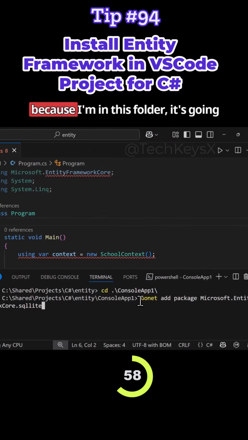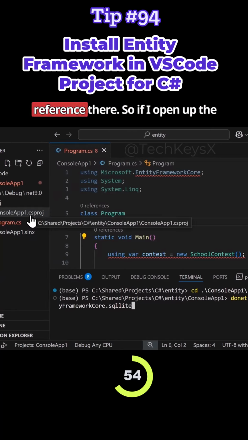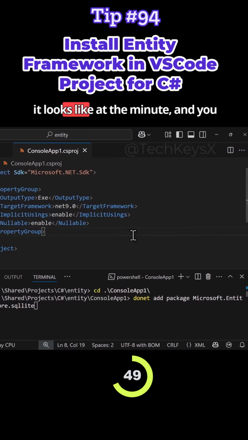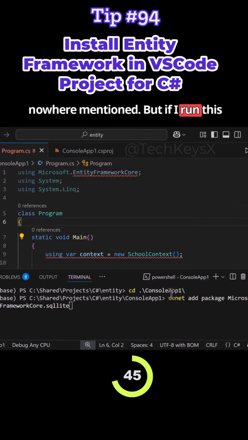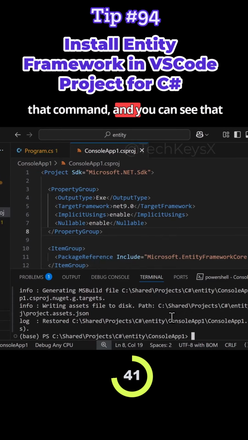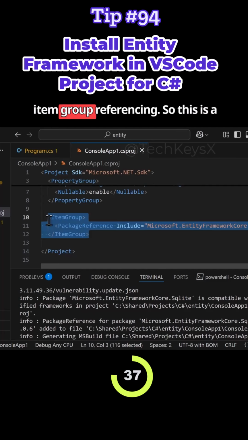Now notice again, because I'm in this folder, it's going to look for this proj file and add a reference there. So if I open up the proj file here, you can see this is what it looks like at the minute, and you can see Entity Framework is nowhere mentioned. But if I run this command over here, I've just run that command, and you can see what it has done: it just added in an item group referencing